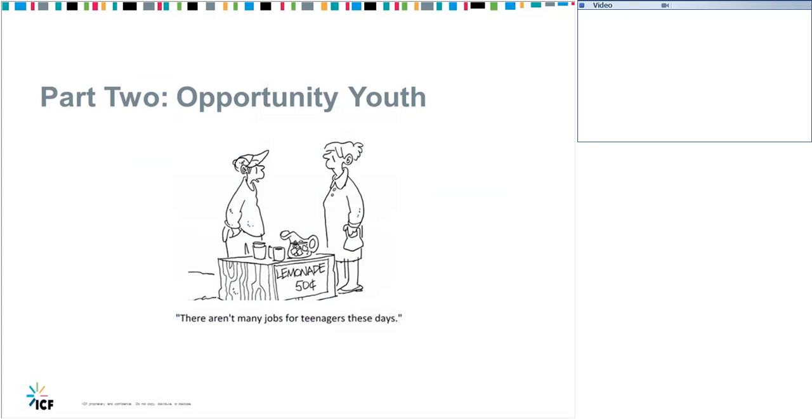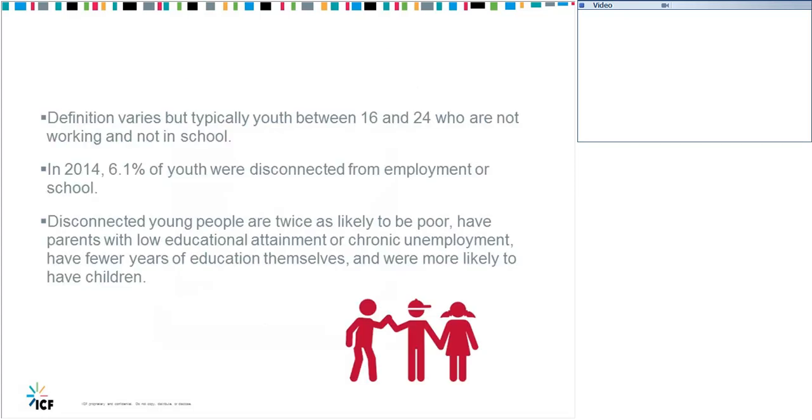So we're going to talk about what we mean when we say the words opportunity youth, but I'm curious if folks can share with us in the chat box a little bit about the extent to which we're working with opportunity youth, the extent to which we're working with, let's say, older adolescents, if opportunity youth isn't a term that you're using in your organization. So go ahead and just chat us a couple of comments about what opportunity youth looks like in your programming. And while you're doing that, I will go ahead and talk to you about what opportunity youth looks like to us.